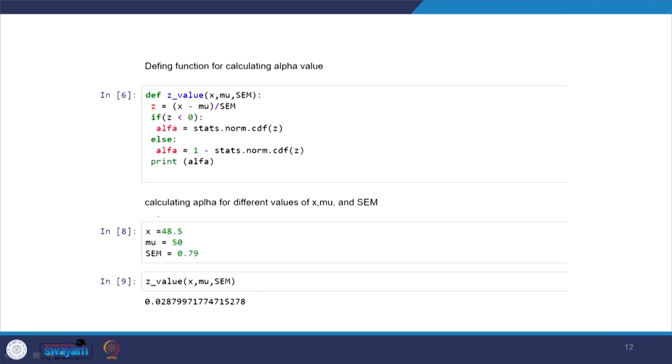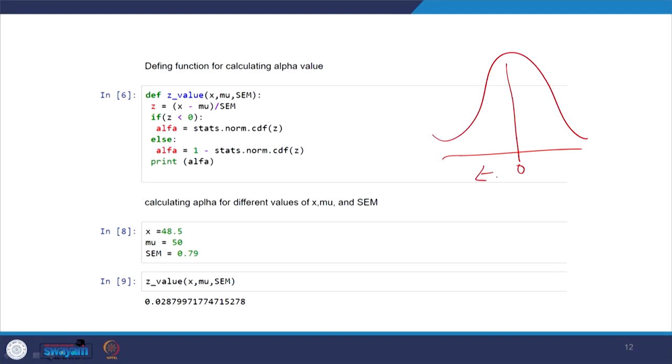Similarly, on the right hand side we will see how this has come. Using Python, I have pasted the print screen of the Python after running. First, for finding the type 1 error, we will define a function. I am going to call it def z_value(x, mu, SEM), where SEM is the standard error of mean. Whenever we define a function, there should be a colon. First, I am finding the z value, which is x minus mu by standard error. If the z value is less than 0, that means the value is on the negative side,